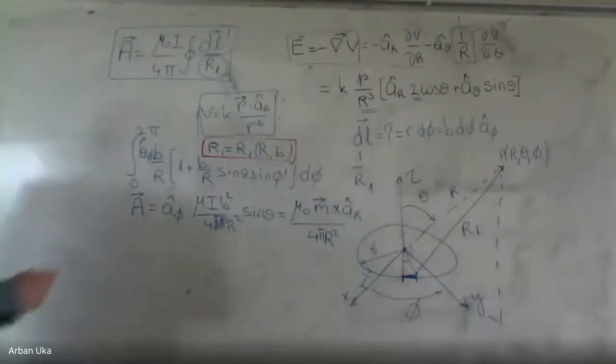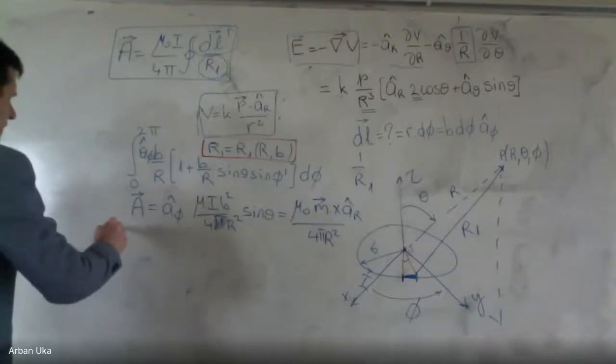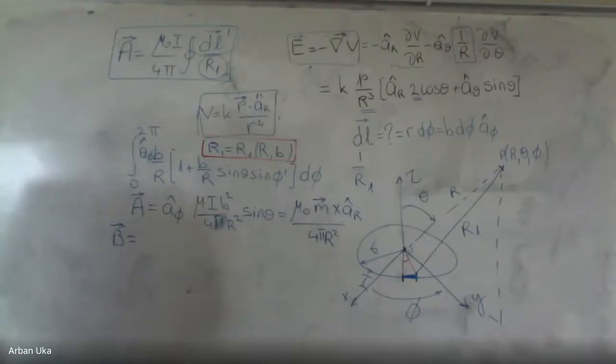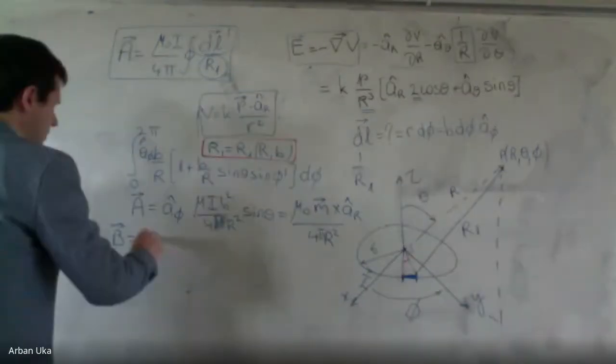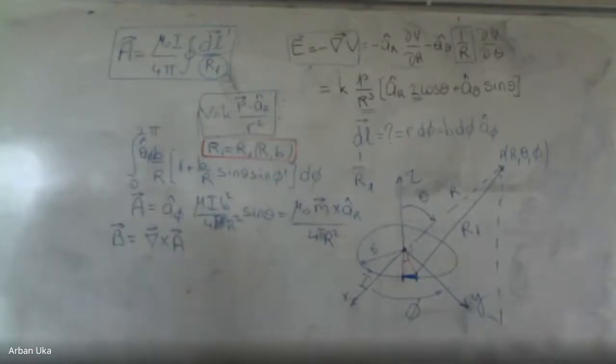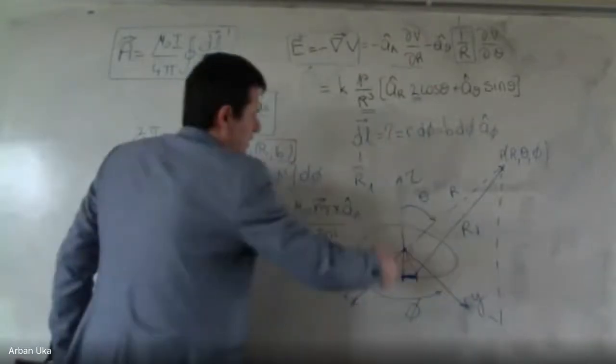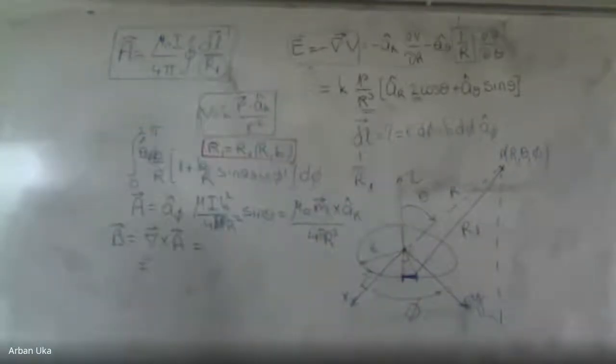Now, having this, the next step is to find the magnetic field B. The relationship with the vector field A is that B is equal to the cross product of the del operator with A. And if we apply this operator, what we find is that the magnetic field B, which is caused by a current which moves in a closed loop with a radius b at any distance r, can be given as mu 0 m